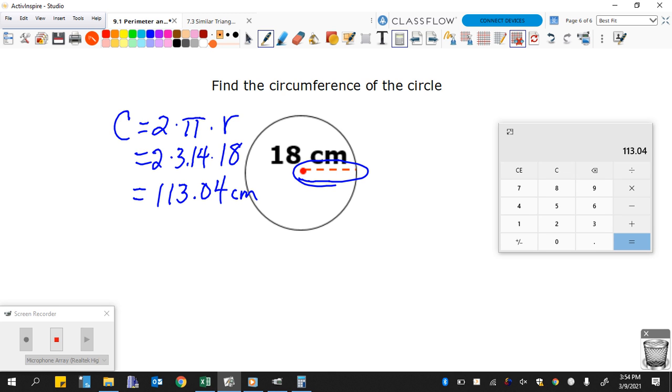That's all we have to do in order to find the perimeter and the circumference of polygons and circles. So make sure you've got those formulas written down,